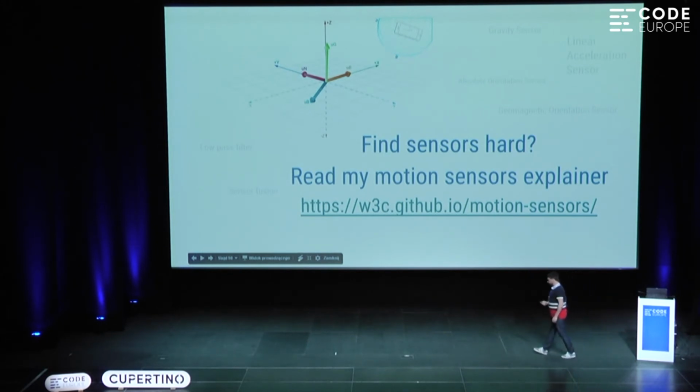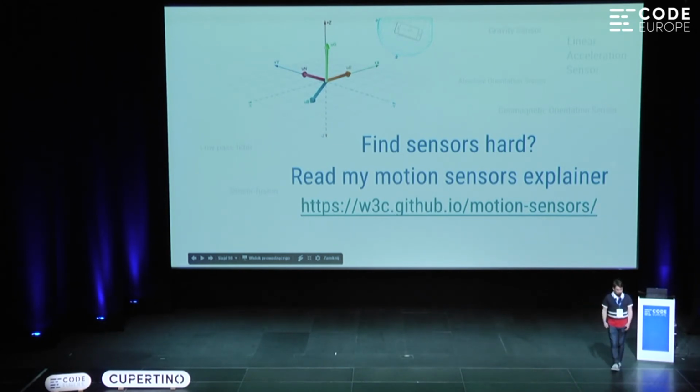I've been working on this myself, so I'm actually one of the co-editors of the orientation sensor spec and some of the other specs as well. And one of the things I thought really difficult is that you cannot buy a good book telling you how to deal with different sensors. I just couldn't find one. There are a few good YouTube videos, but it's really tough. A lot of the info you find online is actually plain out wrong, and it just looked like people just tried their best because there were no good resources.